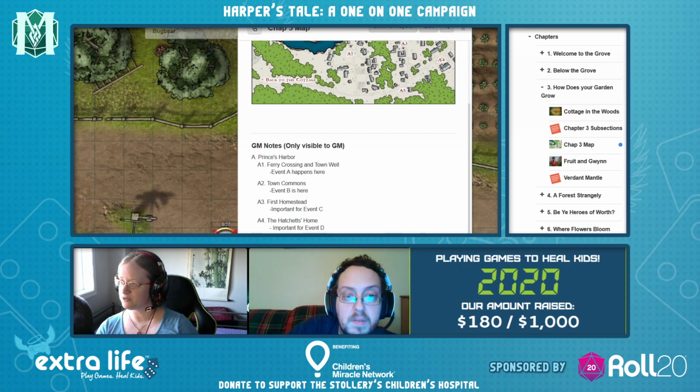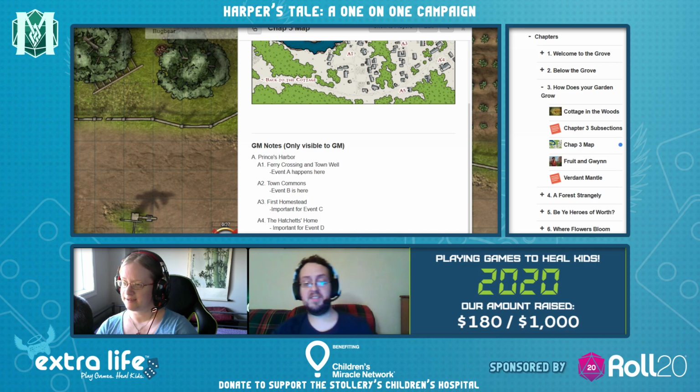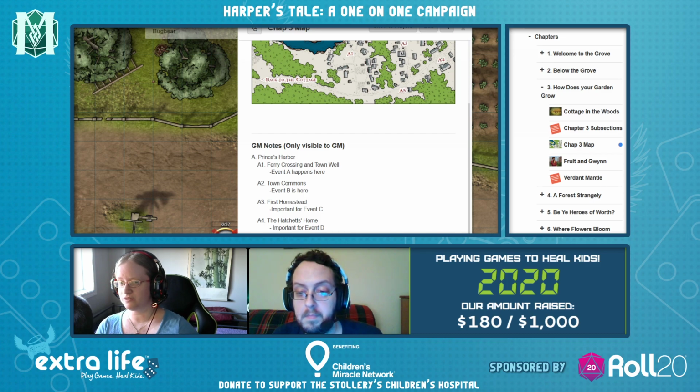As you're heading in that direction, you feel a hint of smoke on the wind coming from the direction you were heading. From the Hatchet's house? Yeah. And as you head in that direction, you see that there's a portion of the ground near the pathway. There's like a 10-foot circle of scorched, burnt